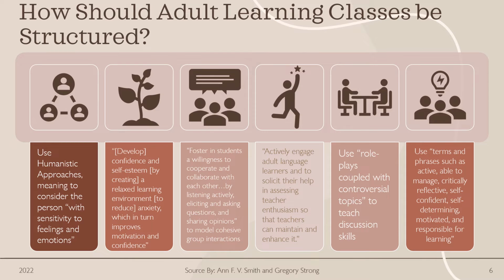We're sharing our feelings and emotions, and we're able to collaborate with each other whether we agree or disagree with those. We actively engage adult learners to assist the teacher in the sense of they're adults, educators aren't adults, we're equals in that sense. So having that communication where you can speak to each other as equals can help your enthusiasm to maintain that enthusiasm that is going to guide the class. If you're enthusiastic about what you're teaching, they will be enthusiastic about learning.